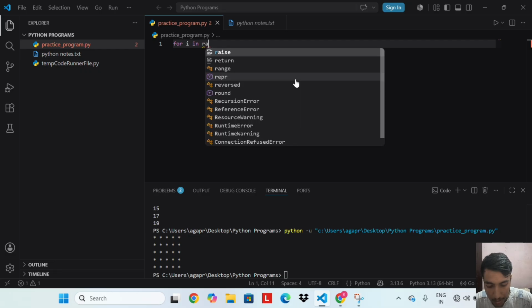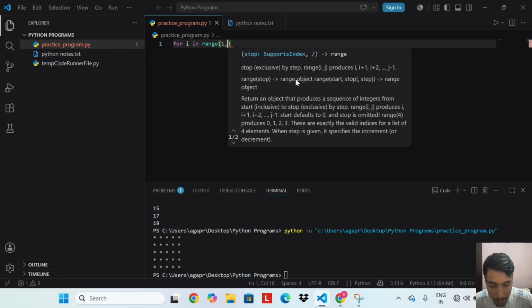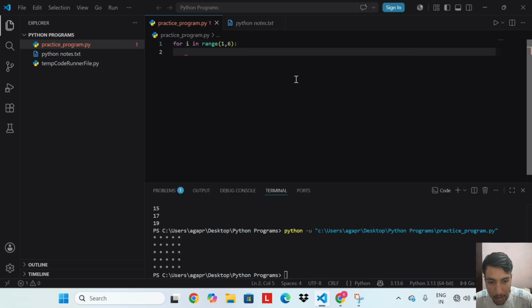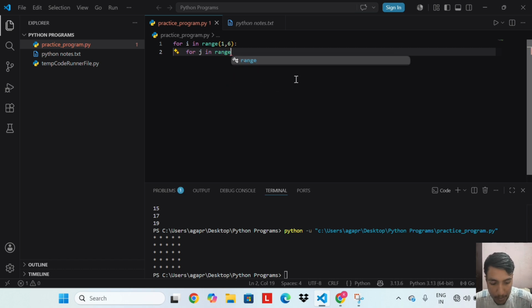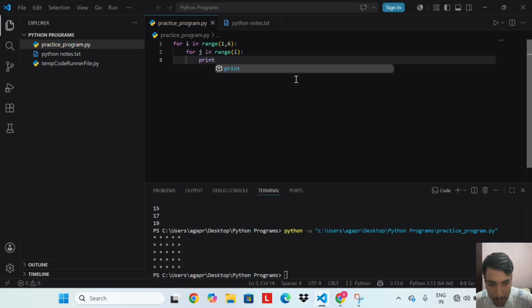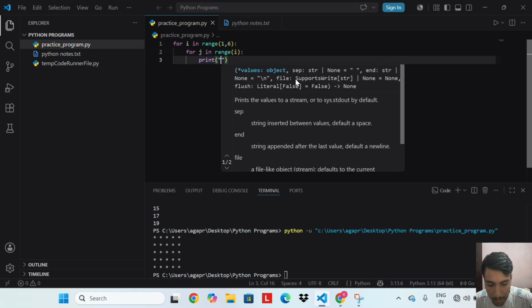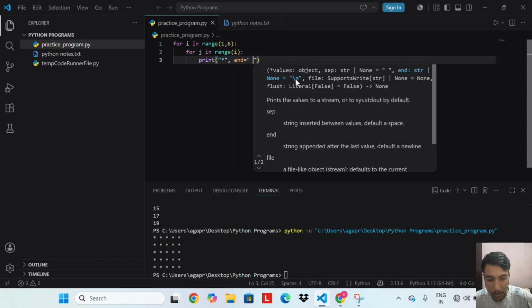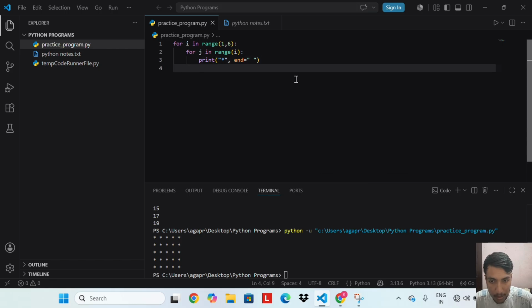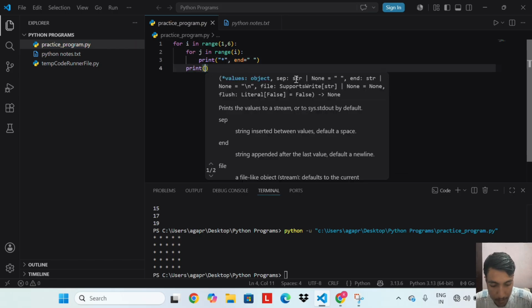For i in range(1, 6): for j in range(i): print star, end equal to space, and then print. Let's run this. We get a triangle pattern.